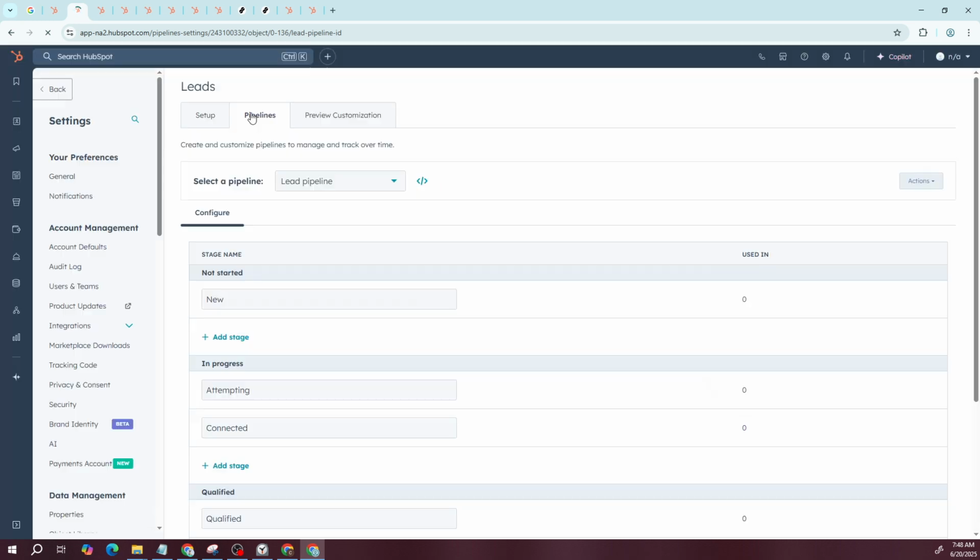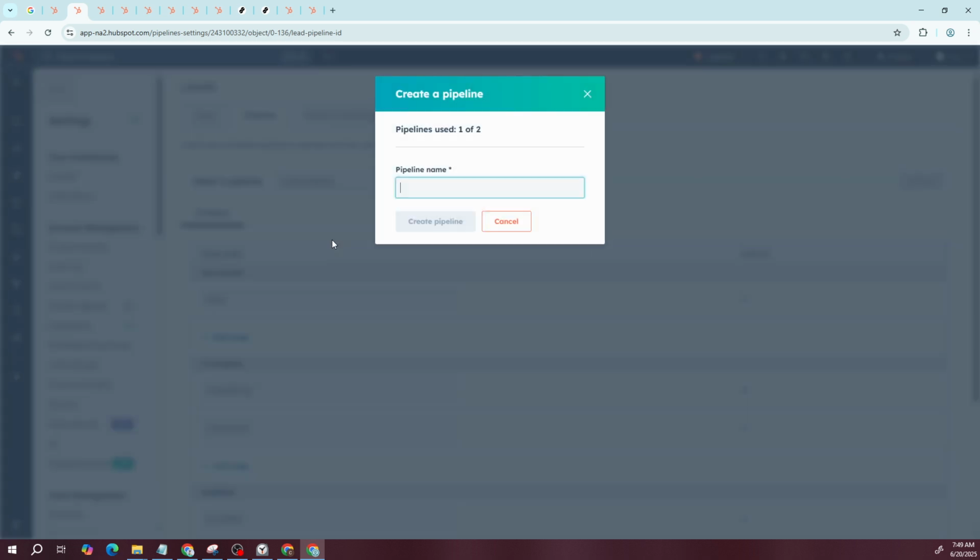Next, you want to locate the Select a Pipeline drop-down menu. It's usually at the top of the screen within the Pipelines view. Clicking on this menu presents you with options related to the management of pipelines. Find and select the option labeled Create Pipeline. This is where the real magic happens. Creating a pipeline lets you tailor your sales process to match your business model, ensuring every stage of your customer